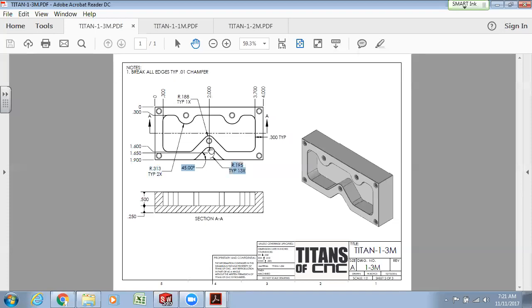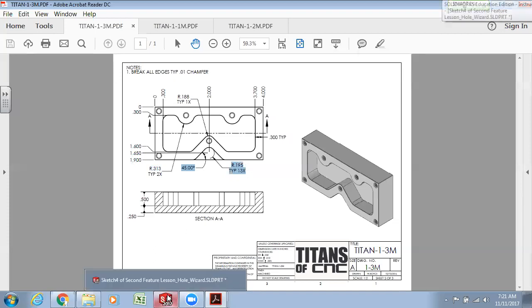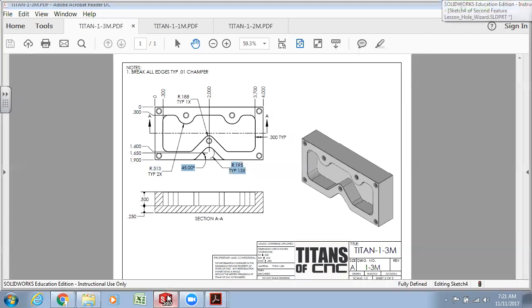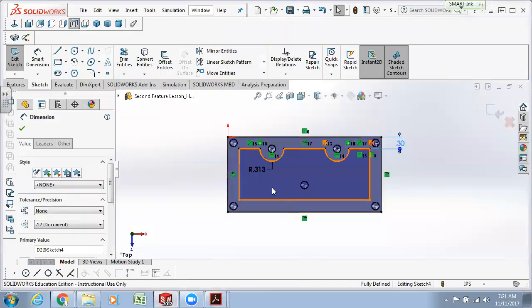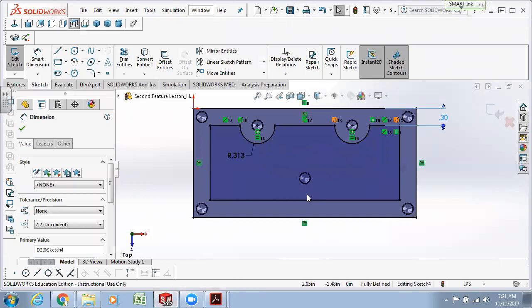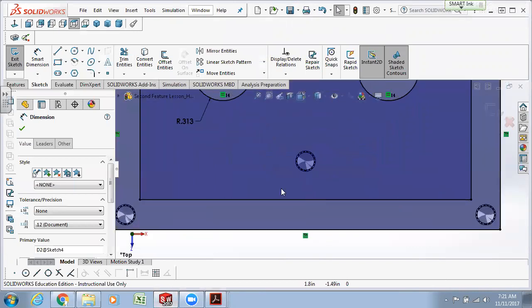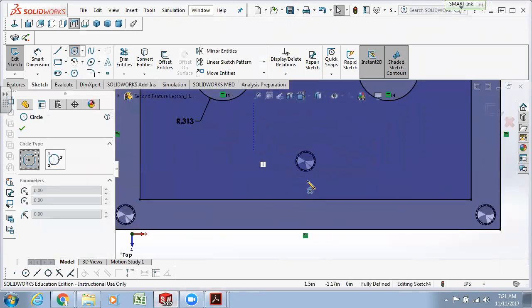We know it's 2 inches this way. We know it's 1.65 that way. So let's go ahead and create that 0.195 radius. So if we draw, let's zoom in a little bit down here at this bottom. If we just draw a circle center point,